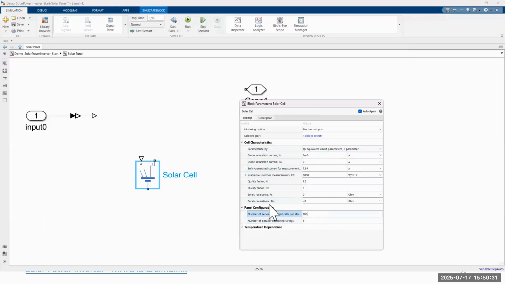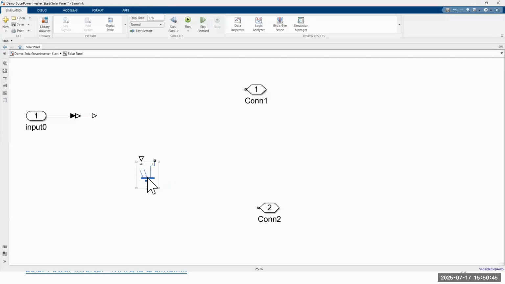So you can parameterize your components in this case. You are easily putting up the panel configuration for your solar panel. So let's say we are having this kind of operation. Then we have two parallel solar panels, for example, to integrate with our system. So let's connect it properly.